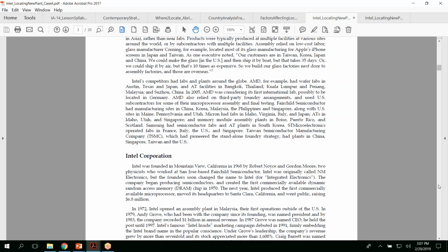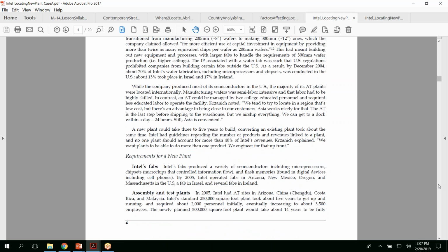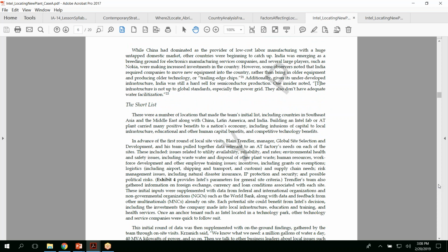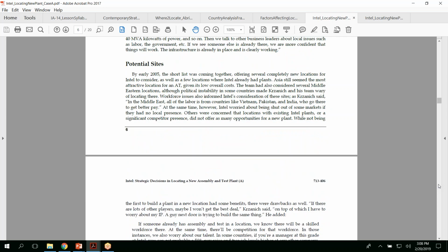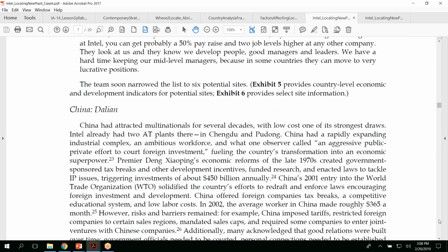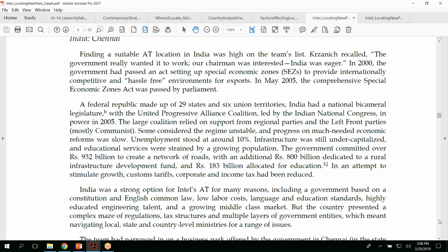And so most of the case study, after introducing the industry and Intel, talks about how they approach the idea of locating a new plant, right? And then talks about their potential sites, which are China, in particular Dalian, China, and I'll show you where that is on a map in a second. But Dalian, China, Chennai, India,